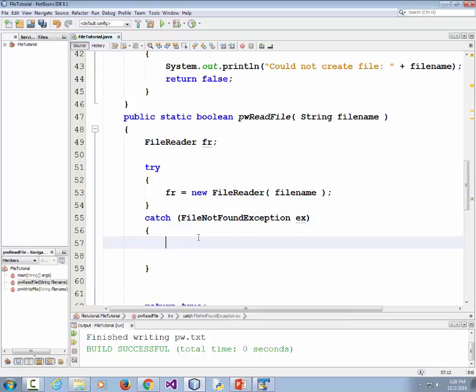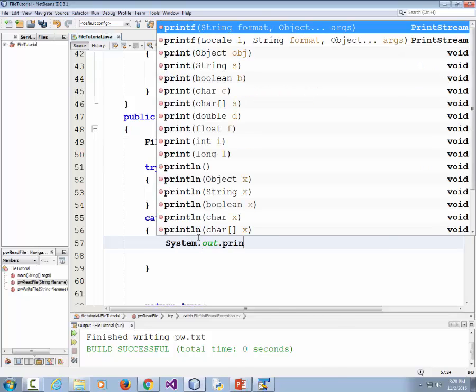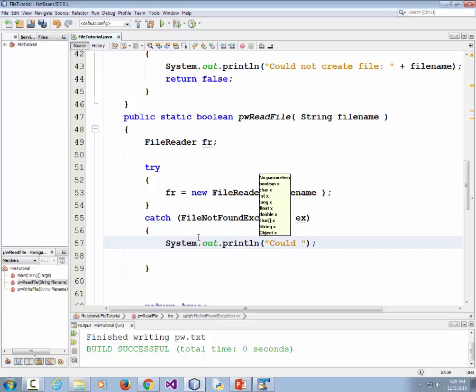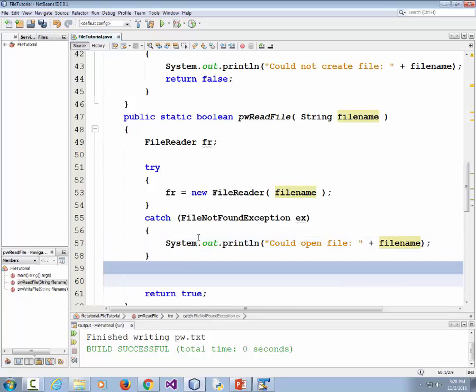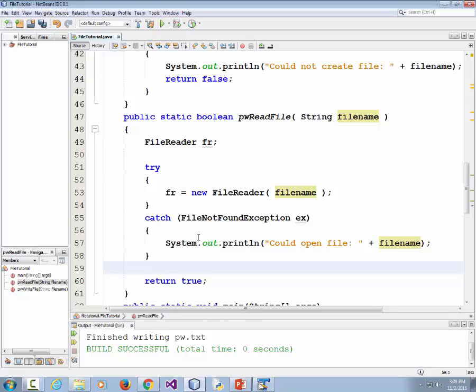We're being forced to implement this stuff because it's a checked exception, meaning that the program will not even compile without us doing this. And if we catch the exception again, I'm going to do an error message, could not open file, plus file name. Now we're probably not going to see that error message unless we change our file name variable, because we know that file does exist. We've been opening it. I'm going to add a return false here, because if we catch an error,